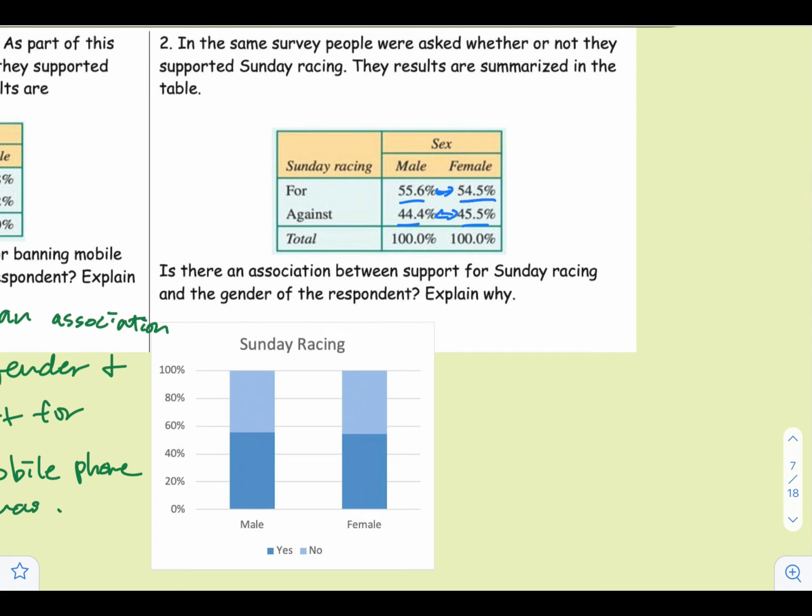They're getting closer here. And if you notice in the segmented bar graph, the male percentage looks pretty similar, even though there are some differences, pretty similar percentages here. And same thing for those who said no. Gender does not affect whether they are supporting Sunday racing or not. It's just a general thing. We cannot use one of the categories to predict the possible responses here, because their responses came out to be pretty much the same. So this case is something that we call no